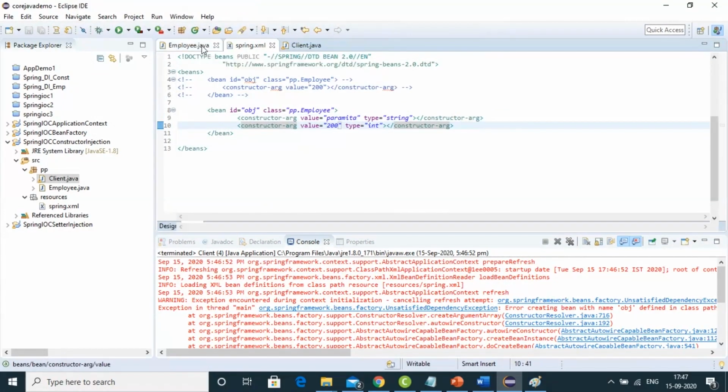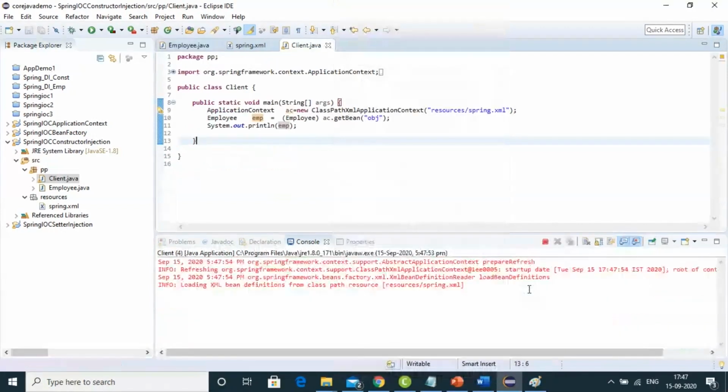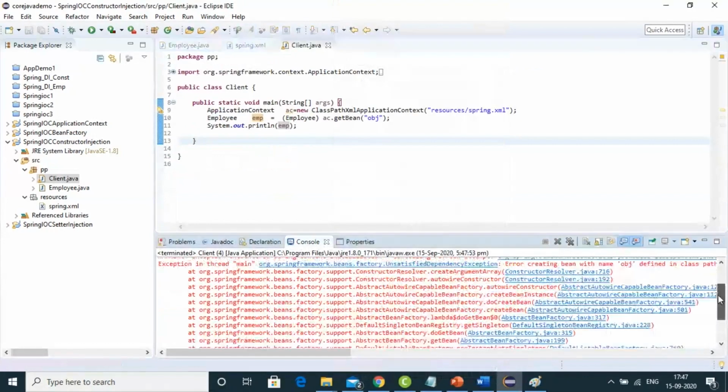You see the constructor, first name, then first int. So do one thing, just change this one. Let me check whether it is working or not. First I'm using here name, okay, then you can use int empid. Let me check, save it. Right-click, run as Java application. Just getting some error. What is the error? It is saying that